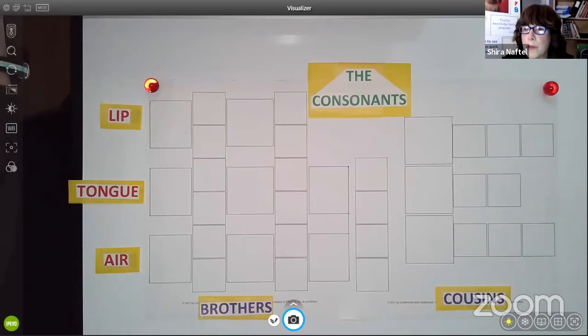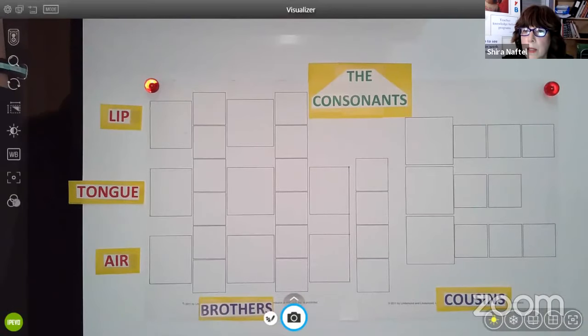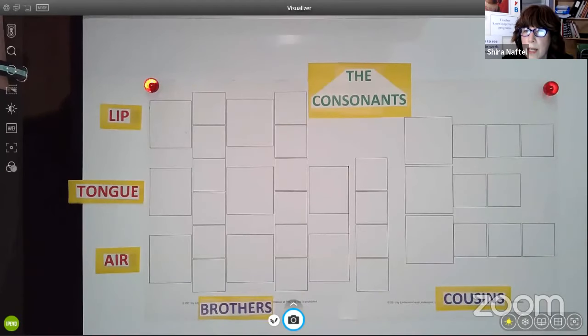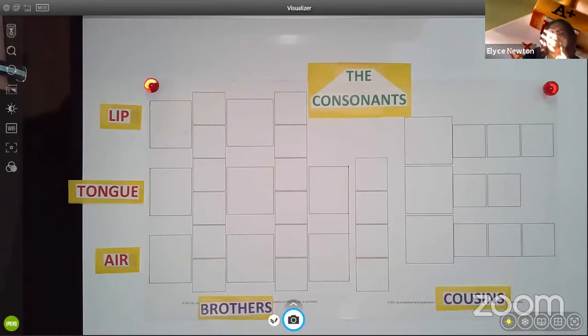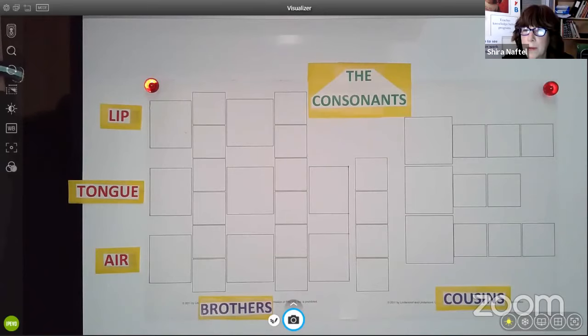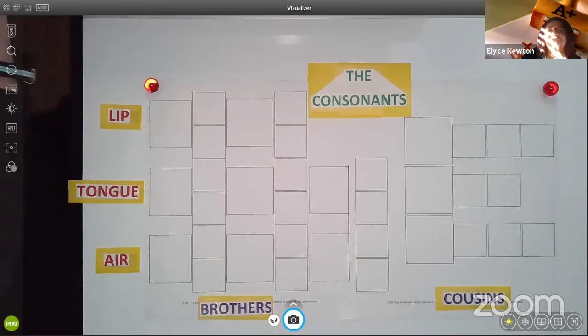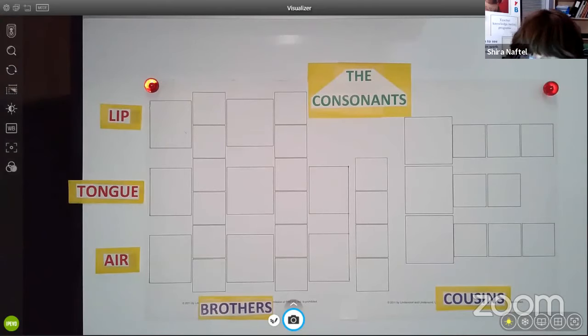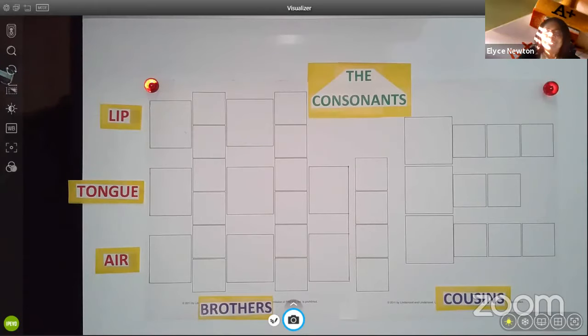Okay, let's see. I can make it a little smaller. Elise, what would be the best way for me to just see him for a minute? Can I just shrink it down and it won't go away? What are you trying to see? I want to see the people. Oh, so go back to gallery view. I'm sorry. I could shrink it down and bring it back up, but you know what? I'm going to stop share for a minute.